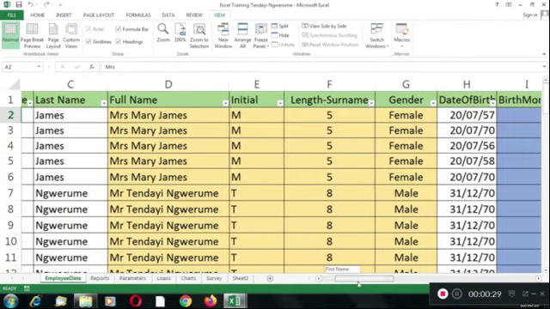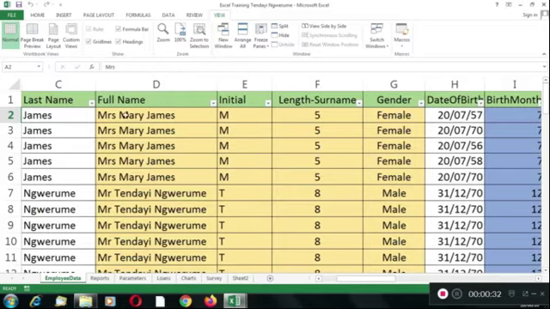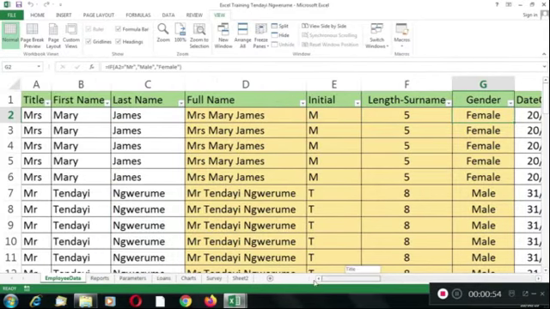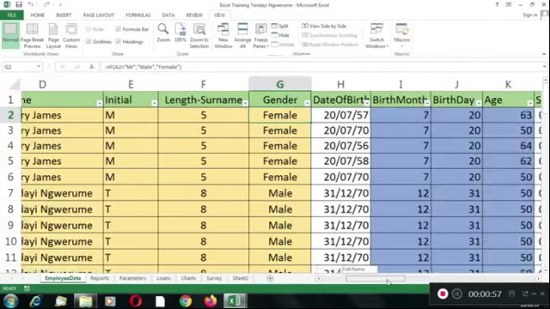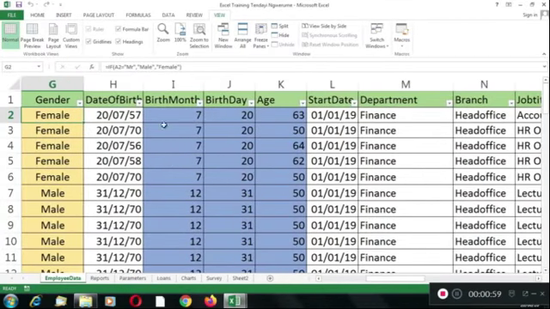where we've put in quite a number of functions, from string functions that join or concatenate data. We have extracted an initial from a first name using the left function. We have determined the length of our last name. We used an if statement to determine gender from a title, Mr. or Miss. And from our date, we used date functions to get the month, the day, as well as the